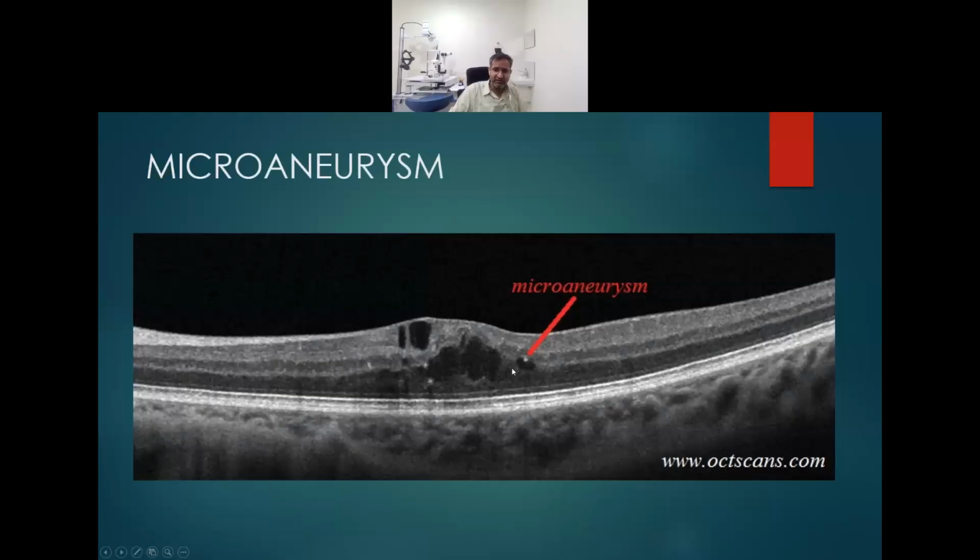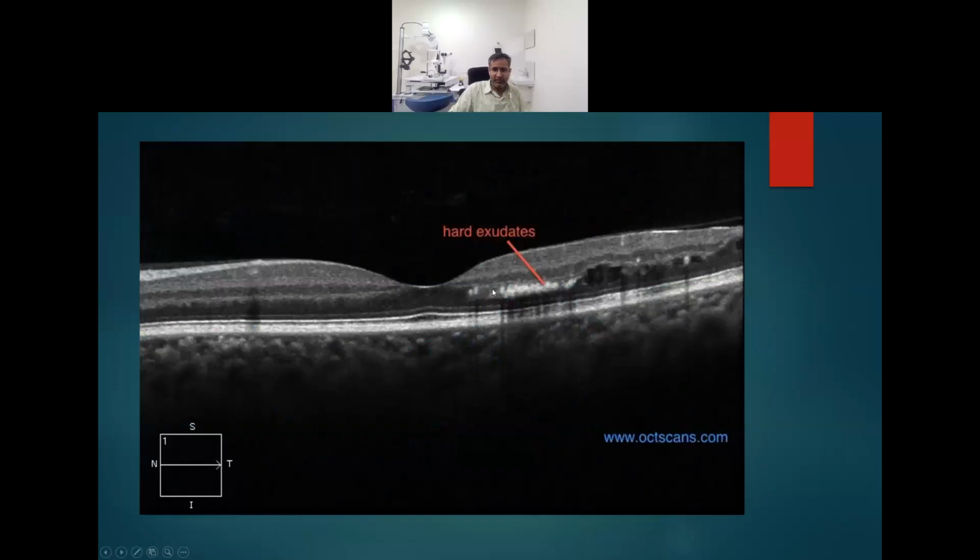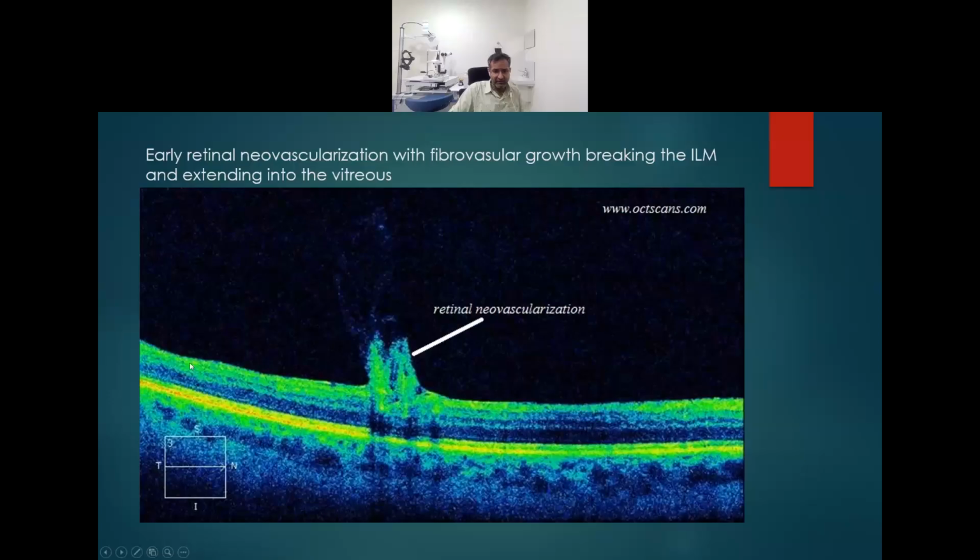Like in this example, we can see the microaneurysm showing the leakage along with the macular edema with hard exudate. In this OCT, we can see the intraretinal fluid, the CME, cystoid macular edema with the intraretinal fluid along with the subretinal fluid. In this photograph, we can see the hard exudate plaque along with the intraretinal edema. In this, we can see the